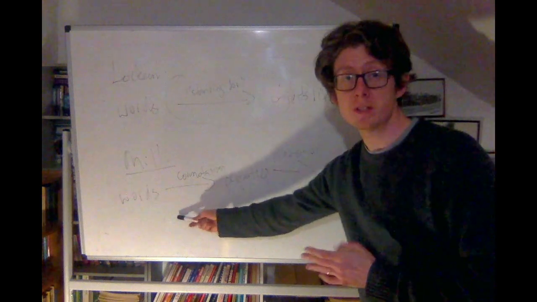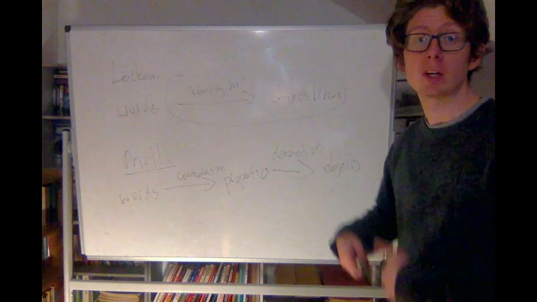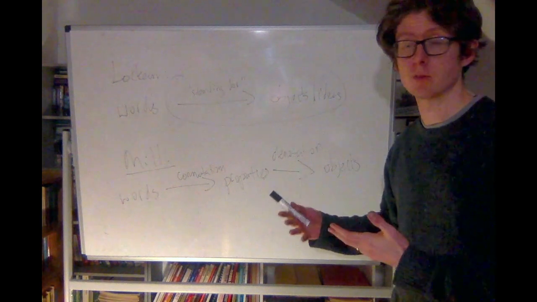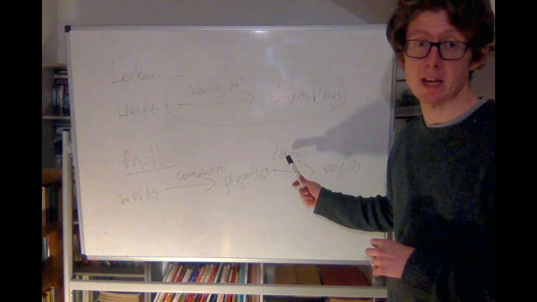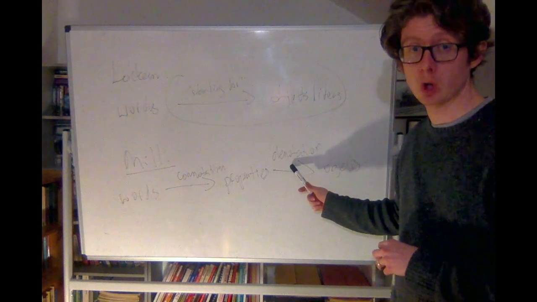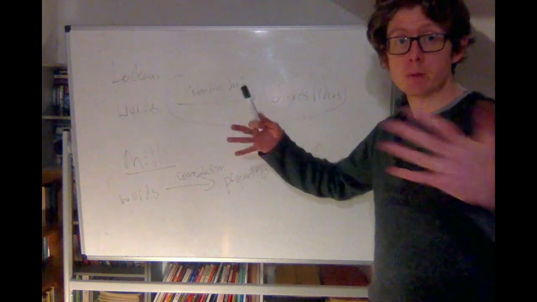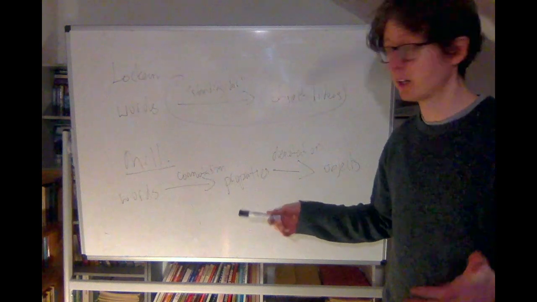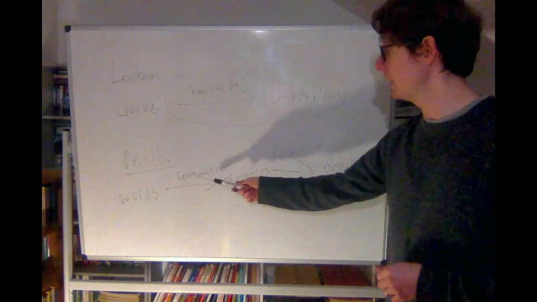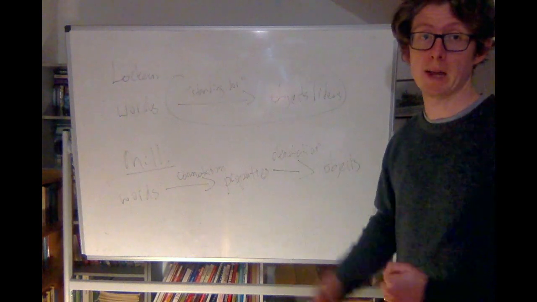Now, as we saw, Mill doesn't think this applies to all words, but he thinks there are at least two different kinds of properties involved in meaning, connotation and denotation. Obviously, as we said, names only have denotation. But when we're thinking about meaning more generally and asking what meaning is, Mill would say you have to keep in mind both of these things if you want to get a whole picture of how language works.